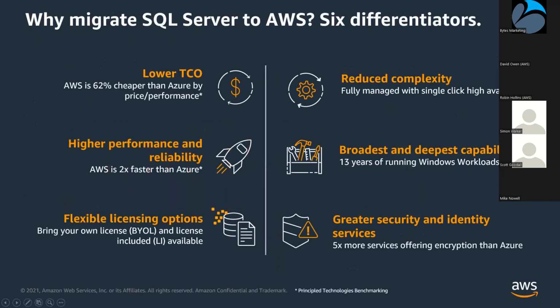SQL Server, if that is something you have in your own environment, as I mentioned before, when I speak to customers, they often say it's their highest cost in IT spend. The optimized licensing assessment can really help you here to understand and optimize your estate. As noted before, on average, when we run an OLA on a SQL estate, we see customers saving around 40% in licensing costs by moving those into AWS. So the OLA is highly, highly recommended for customers who are running SQL estates. And as I mentioned, as a customer, there's no cost to you and you'll get all the data and insights back. I'm just going to quickly skip on,